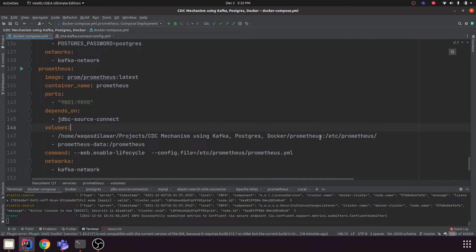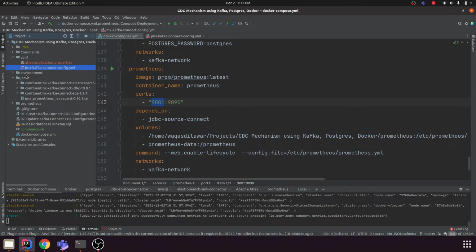I have this configuration, this folder. It is the folder on the host, and it will be the folder in the Prometheus container, and this is the file which is being used by Prometheus. It's running on 9001, and if I can show you, we have Prometheus, and we have this